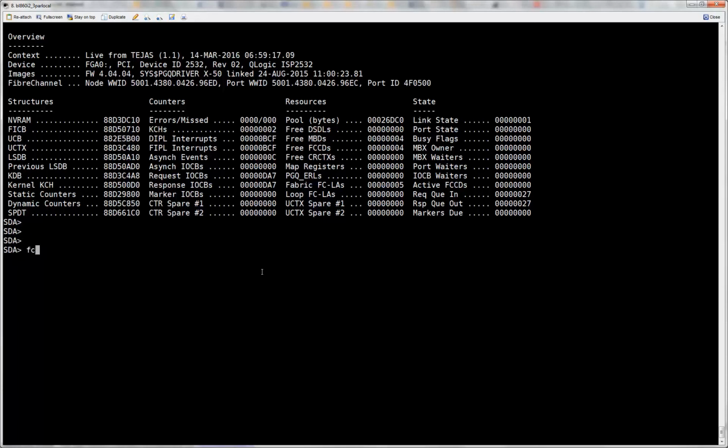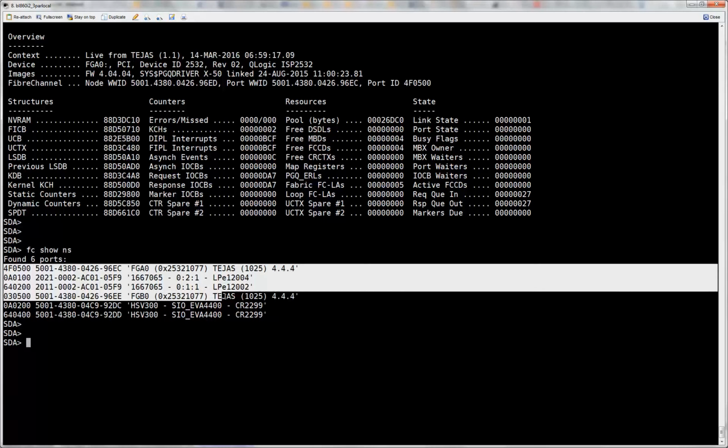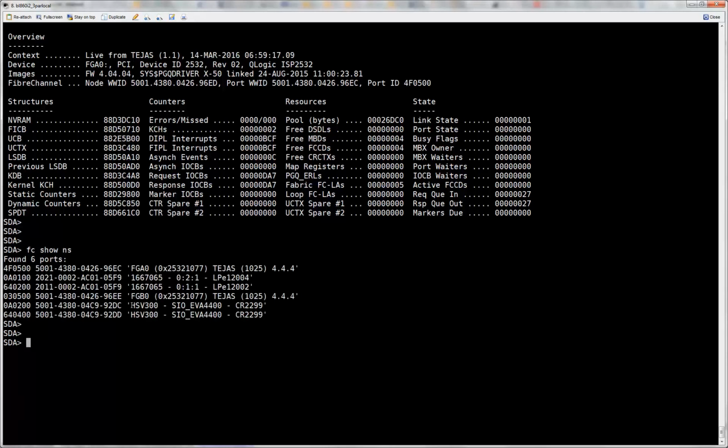The other thing to notice over here is, if the device is online, you want to make sure that it is able to log in to the switch. So the ns command, which is the name server of the switch, shows all the devices that are visible and are part of this particular device zone. There are 4 devices that you can see over here. The device string itself gives a first level of information about which devices, or ports, are visible to this particular fiber channel HBA.